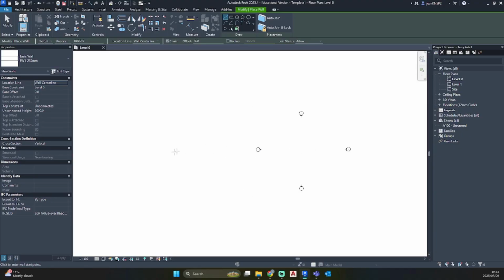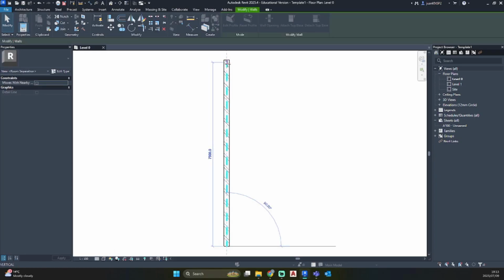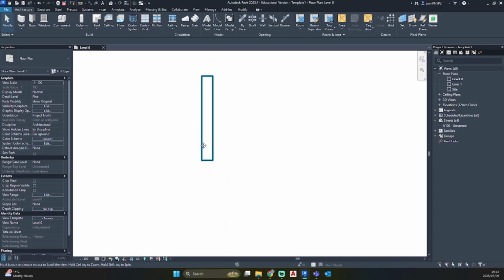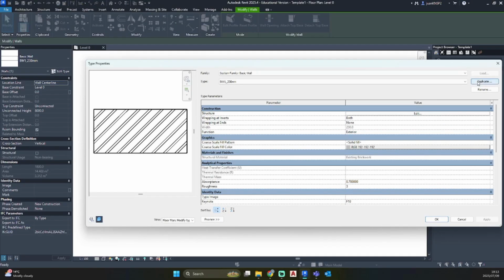So now we are going to just draw it in on the side. To make sure it's on fine. And there is our existing brick that has been drawn. So now go ahead and click on the existing brick. Go edit type, duplicate. So now you can just remove the two and go new brick work